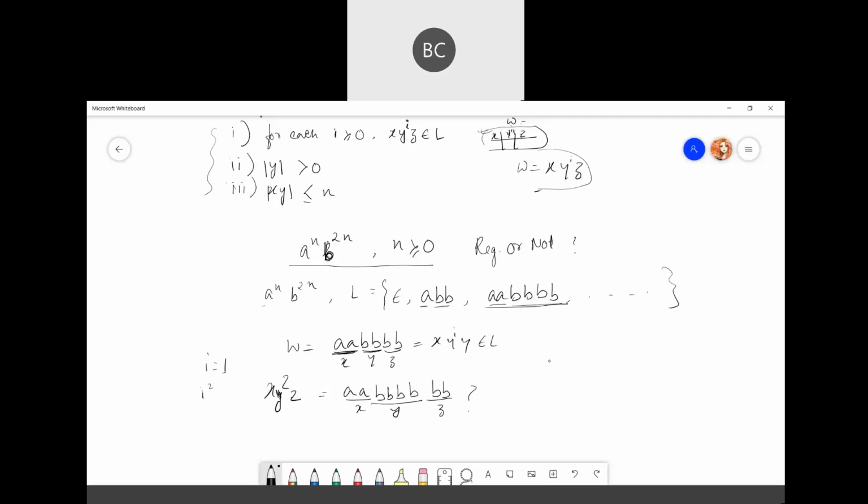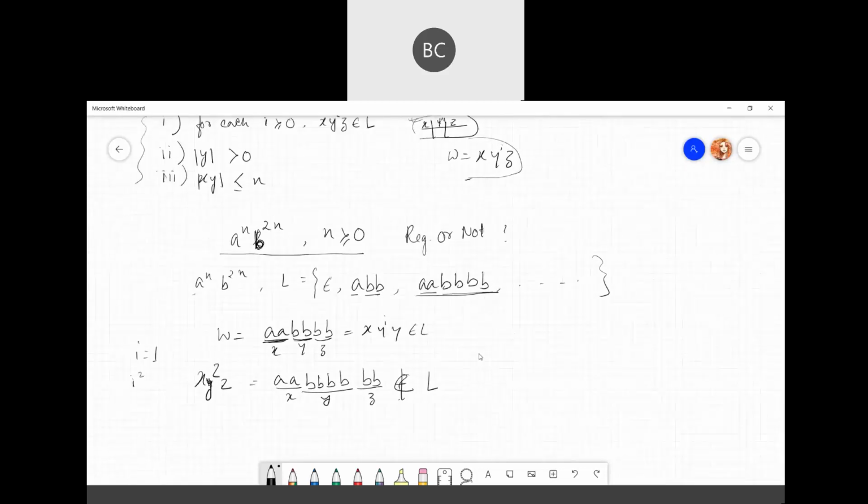No, it's totally violating it. So this substring doesn't belong to the language anymore, which means it fails the pumping lemma. Since it failed the pumping lemma, this is not a regular language.